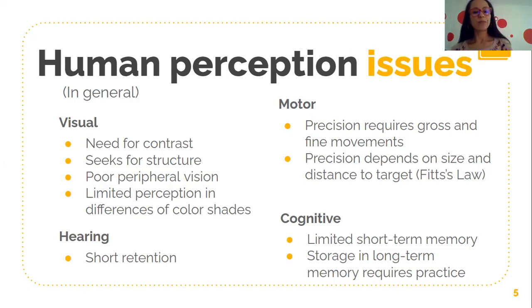Also, our peripheral vision is poor. What do I mean by this? I mean, even if you have a normal sight, you will notice that the things that you're focusing your view on, they are clear. They're very clear, but the rest of the things that you see around you is there, and you can perceive them, but they're not really clear. They look sort of blurred. So that is our peripheral vision.